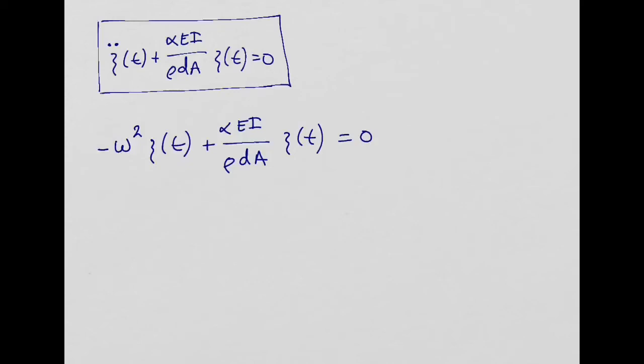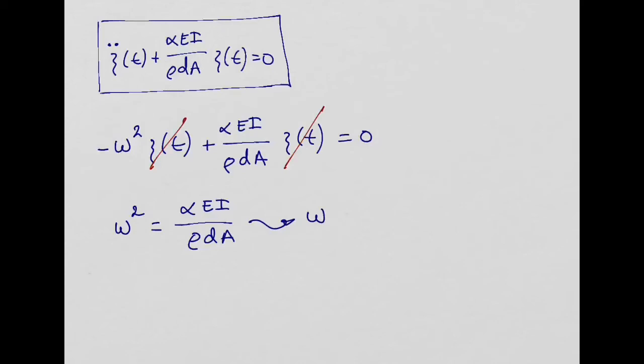Look at this now. This xi cancels. If I divide the left-hand side and right-hand side by xi, I get rid of this xi function. And then my conclusion is my W square is going to be equal to alpha EI over rho dA,